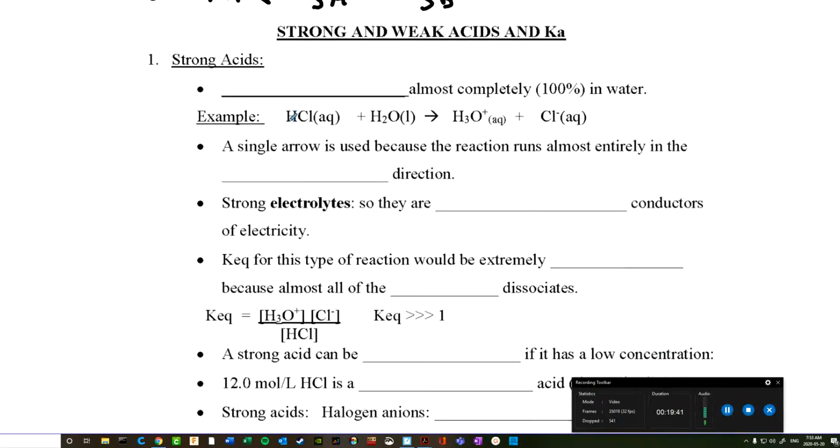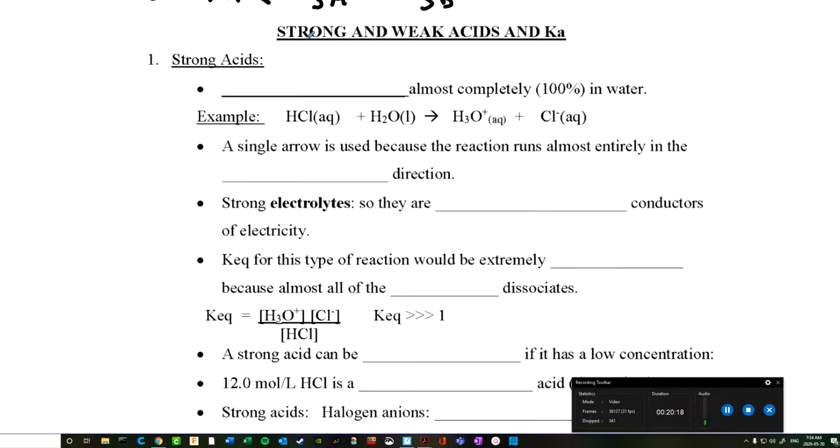Okay, so now let's just talk a little bit about strong and weak acids and what Ka is. So we've already talked about KEQ, KSP, KW. We have a variety of these K constants, and they're all specific to a certain thing, right? But they all have to do with an equilibrium constant. So there's also an equilibrium constant for acids, and we call that Ka. So let's just talk about the difference between a strong and a weak acid and how this concept of Ka